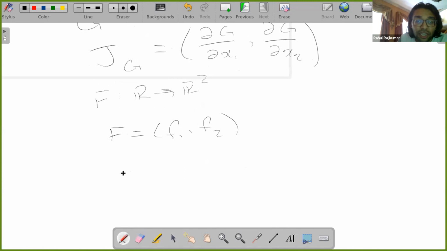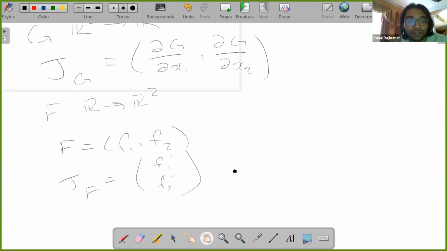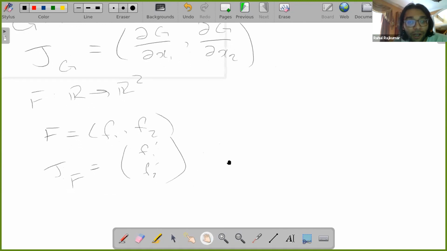So then JF is equal to... how do I want to notate this? F1 prime, F2 prime. Sorry if you hate my mixing of Leibniz and Newton notation. I'm deciding on the fly what notation to use. So we have all the parts here now. We say that we compute, well, del G del X1 comma del G del X2